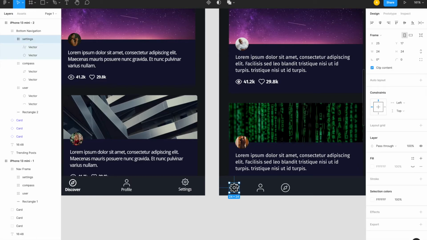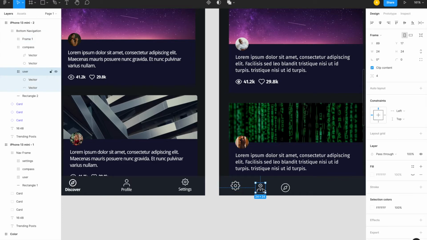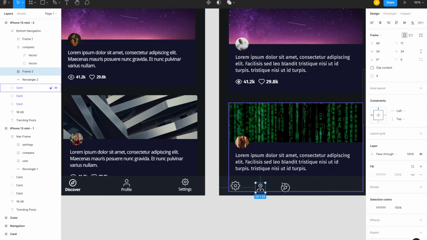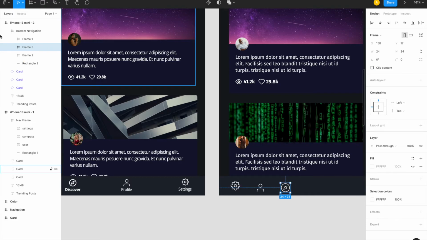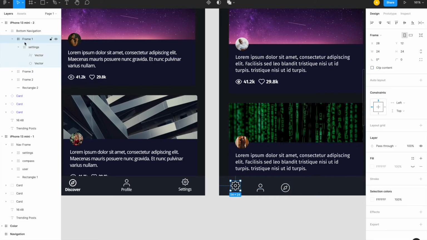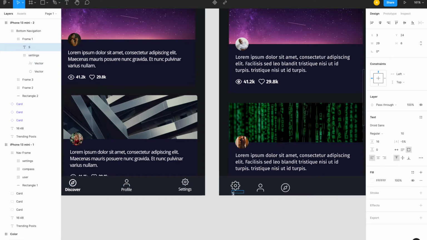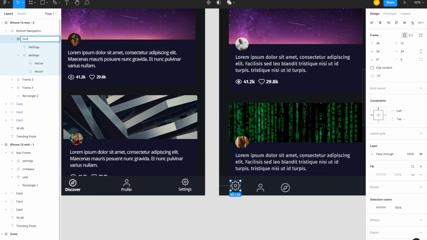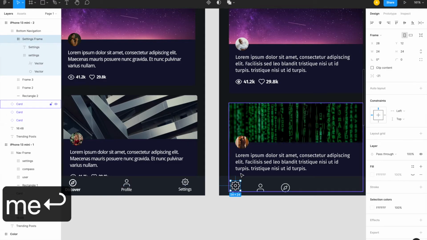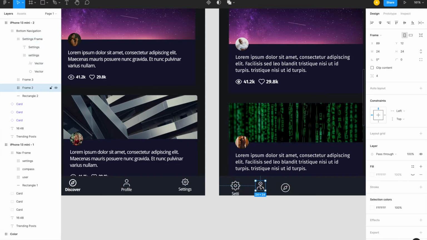Alright, so now let's frame each of these icons. So to frame, I'm gonna use the shortcut Alt Command G, and I'm gonna use it again. So basically we are framing a frame here, and you might be wondering why. It's because we can add something to this frame, which is a text, and then you can say settings, and this is like settings frame, and then we can go to the user profile here, and what we can do is we can add a text